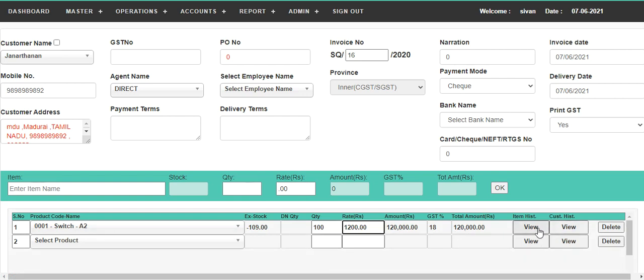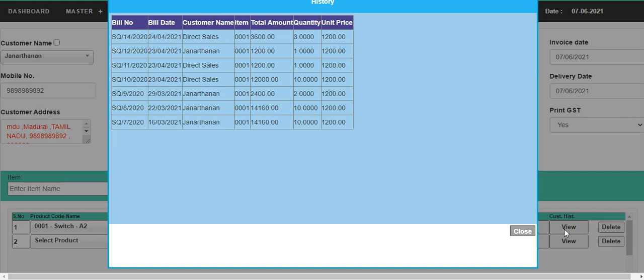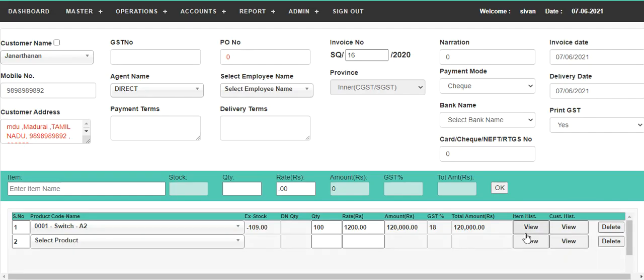Item history is nothing but the item details which have been purchased relevant to this particular product. So whatever purchase quotations we have created against this particular product will be seen in the item history. If you want the customer history, which products the quotation has been given on, what the date is, for example in the third month we gave a quotation to the same customer, and what the cost is, you can see everything from here itself. So you can see the particular customer history relevant to the product.